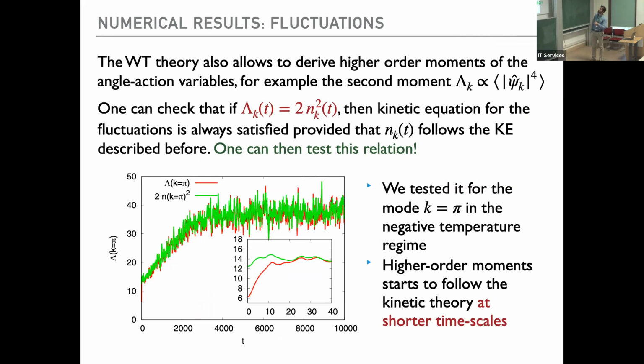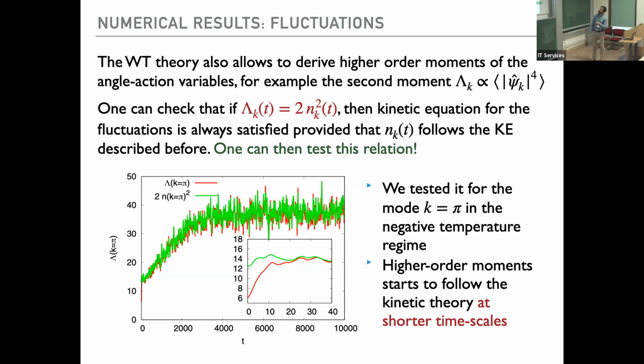For example, we can look at the, sorry, it shouldn't be the second moment; it should be the 4th moment of psi of k, and this is proportional to the fluctuations now, and not to the spectrum. If we call this lambda k, one can write down a kinetic equation for the fluctuation. And I'm hiding all the details under the carpet here,